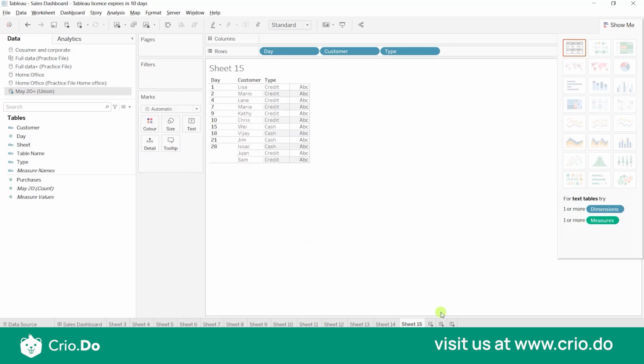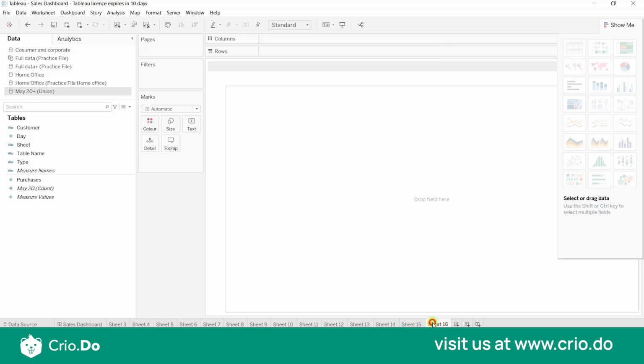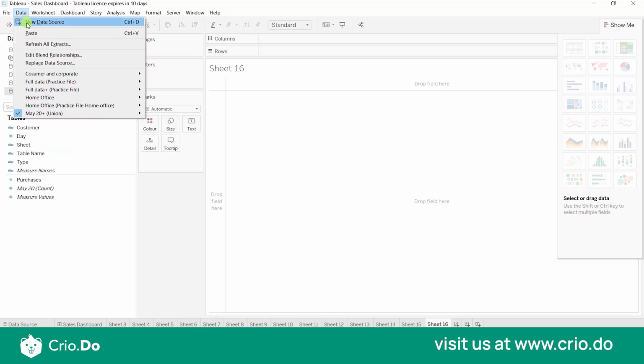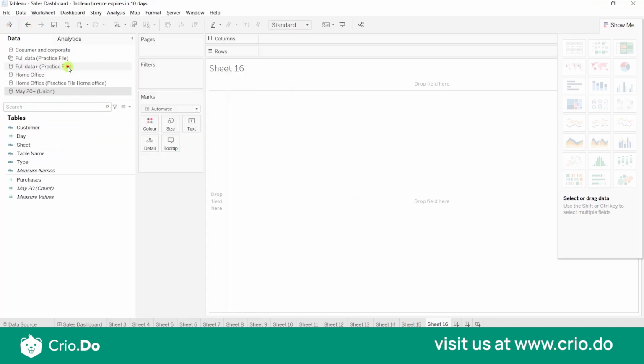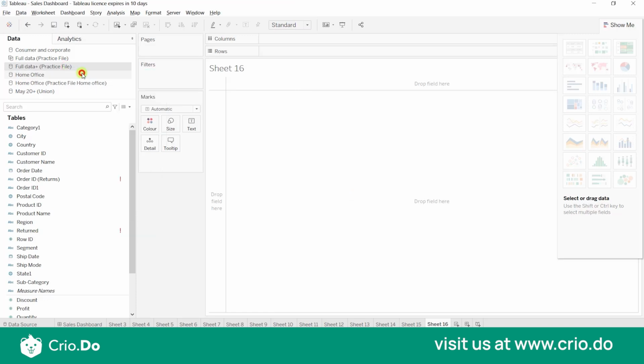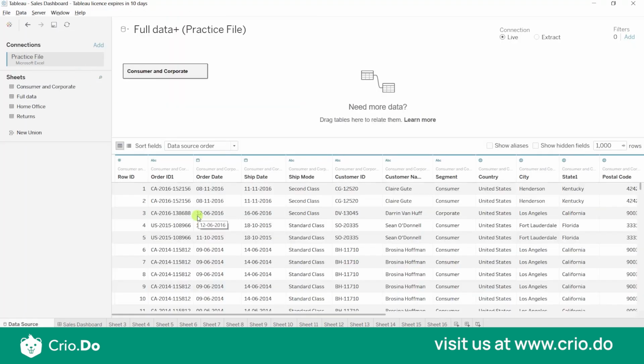Okay, we just took sample data for doing this union. What if we are working with our practice file, and let's take our practice file itself to union the data? I'll just go to the full data practice file. So this is my practice file data, and I have cost, consumer and corporate, and I have the sheet consumer